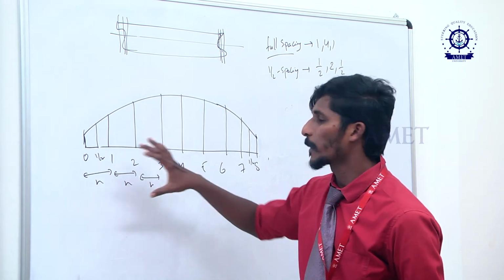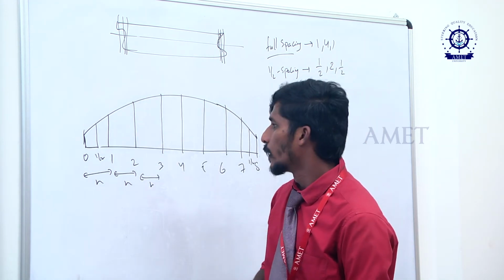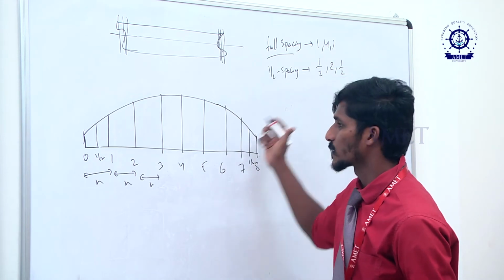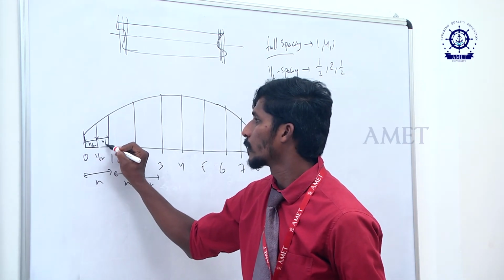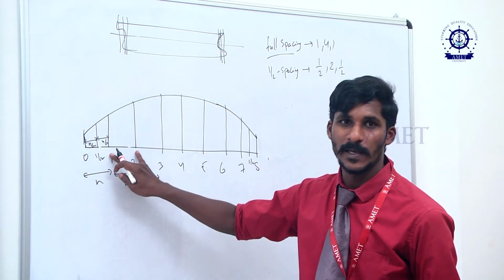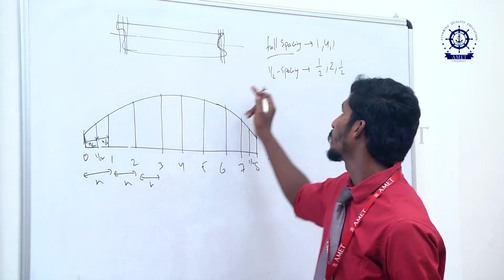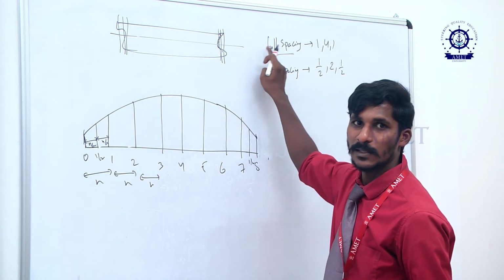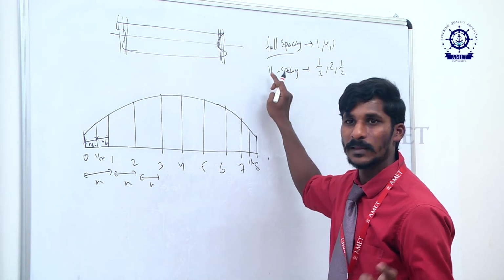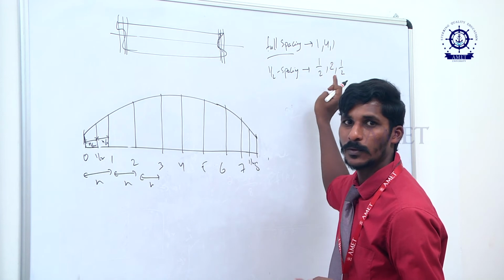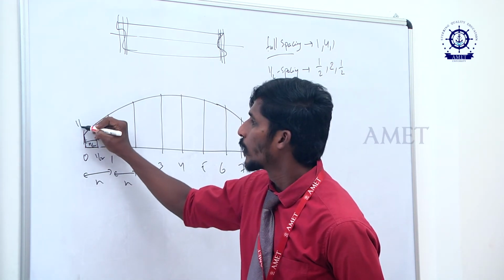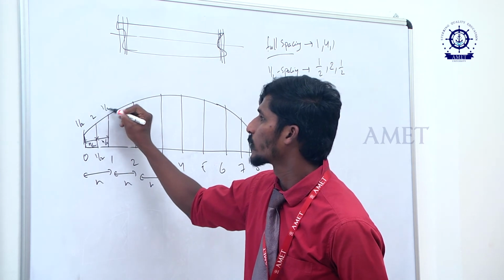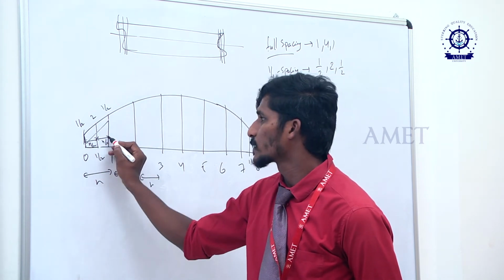Now how are we applying this on a picture? Whenever you get half spacing, these are the half spacings, which is h by 2, this is h by 2, and in the remaining cases you have full spacing, which is h, h. When you have full spacing, you apply 1 4 1. In that case where we have half spacing, we apply 1 by 2, 2, 1 by 2. So this is the half spacing, and the rule will become 1 by 2, 2, 1 by 2. So you found the area under this curve.